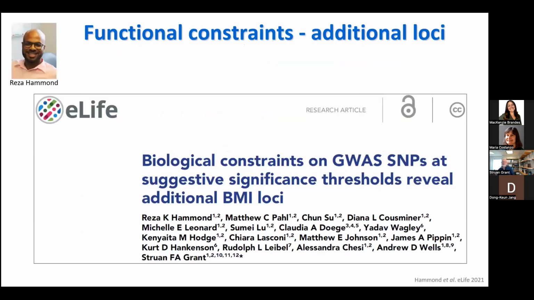And the last point I want to bring to your attention, and something I've been thinking about, and it's still a little half-baked, but Reza here in my group published this paper in eLife a couple of years ago. And the question was, can we take existing GWAS data sets and actually salvage loci that are not strictly genome-wide significant? Can we pull out things that are below 5 × 10⁻⁸ by putting these constraints on sub-threshold GWAS hits? So let me just orientate you for a second.